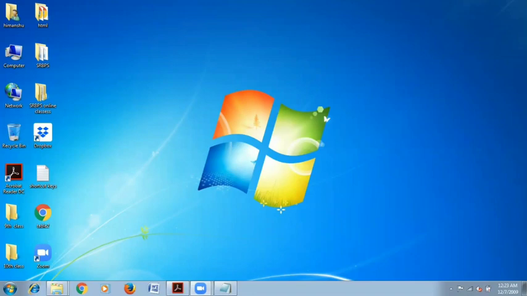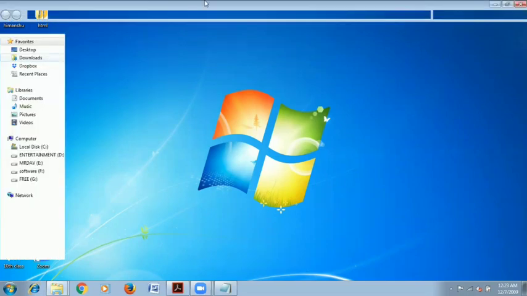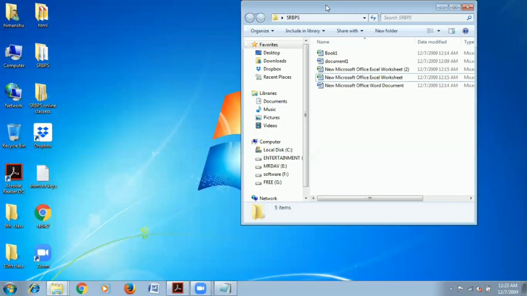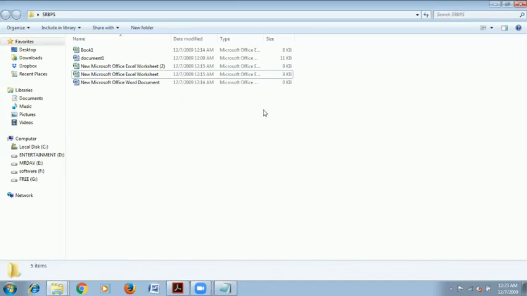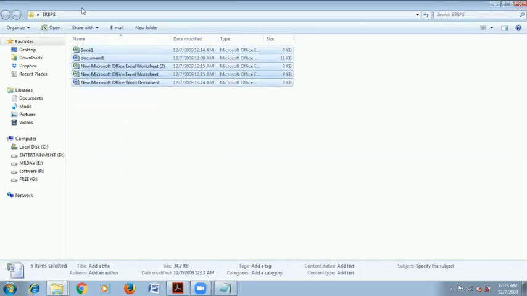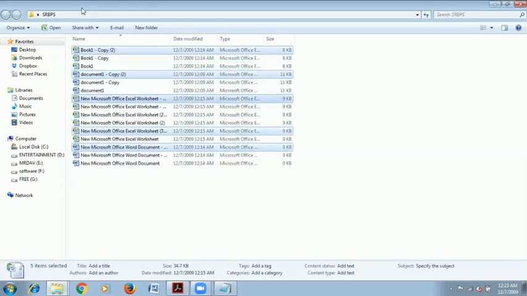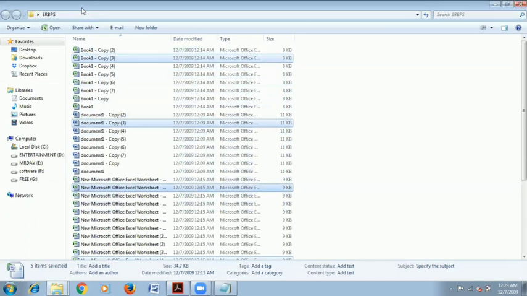Now I wanted to organize these files. For example, the files in SRBPS belong to two classes. Some files belong to the ninth class, some files belong to the 10th class. So I'll copy these all, I'll paste these all. I wanted to create multiple files, so I have done the same. Now I wanted to categorize my files into particular folders. I wanted to move my 10th class files into my 10th class folder, ninth class files into my ninth